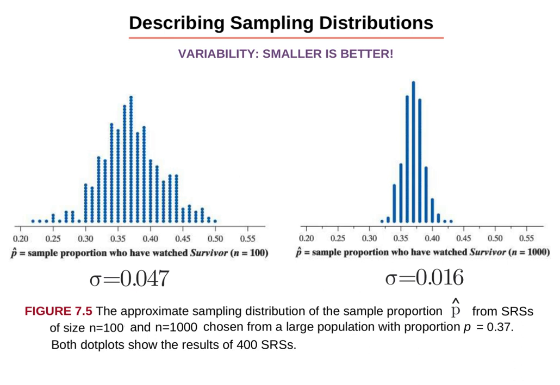Another thing we can describe is variability. And in terms of sampling distributions, the smaller the variability, the better. And so let's take a new example. Moving on from red chips, we're talking about the TV show Survivor. And let's say that the true proportion, or p-value, of US adults that have ever watched that show is 0.37, or 37%. So if you were to model a drawing of 400 SRSs where n, our sample size, is 100,